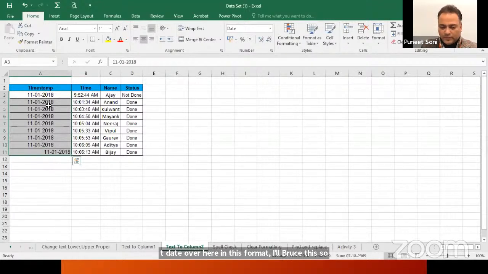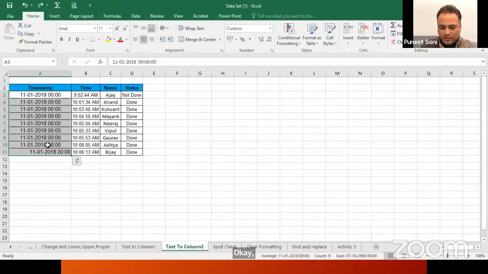There is another option how we can do that. Suppose the zeros are reflecting like this, but I'm unable to locate whether it is 11th of January 2018 or it is in the format of 1st of November 2018. There is a confusion in this date. Whether it is 11th of January 2018 or it might be possible it may be November 1st 2018, right? So if we want to have a clear-cut idea of the date, press this,